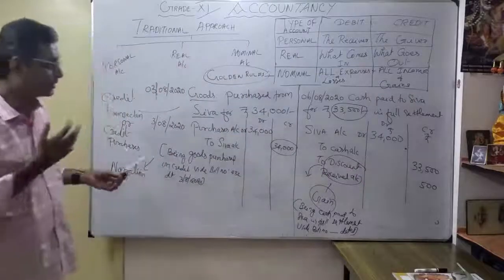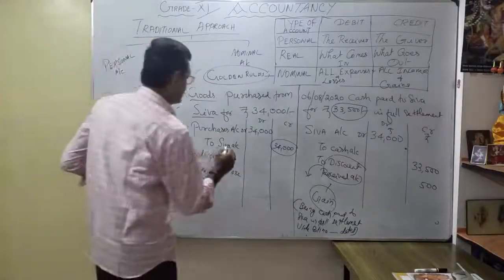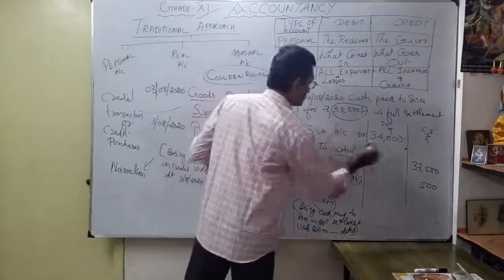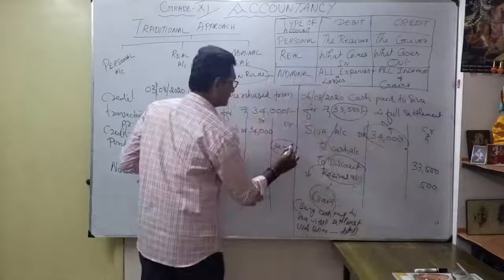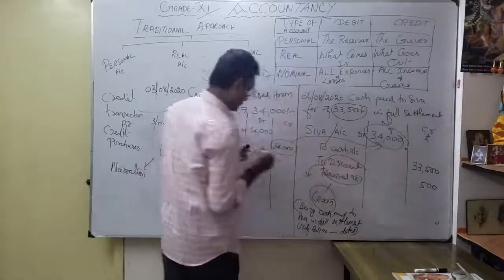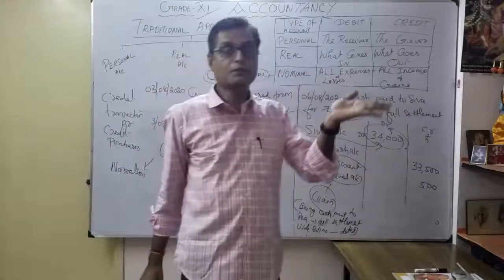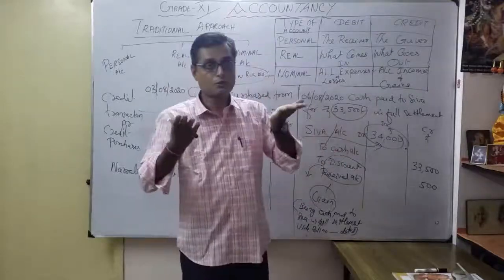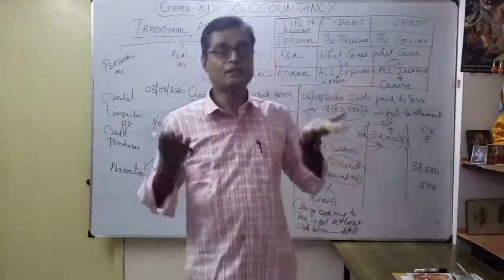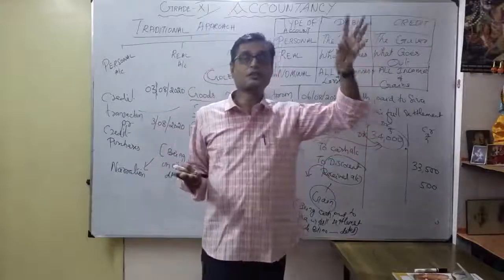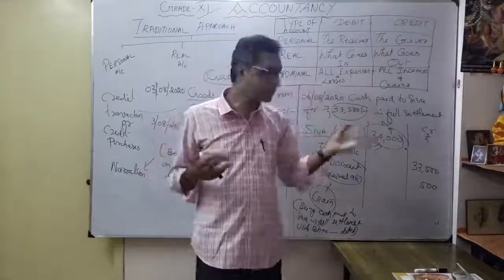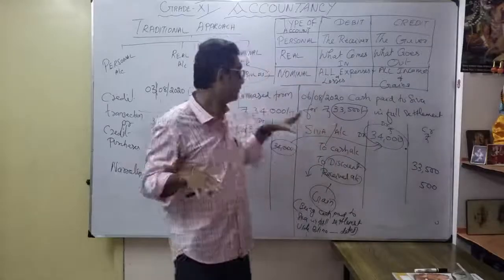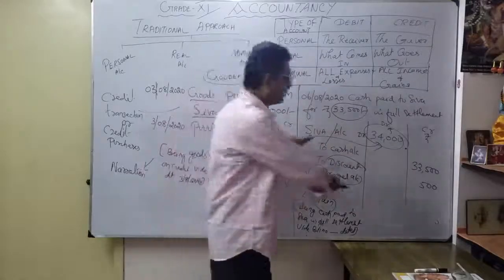Just to see comparatively. Naturally, as for Shiva, earlier I credited, now I debited. So 34,000 here also, 34,000 here also. When you are posting the ledger, Shiva's account will be closed. Otherwise, what will happen? We are paying only 39,500. Naturally, Shiva's account still shows 500 that we have to pay. So once you put discount received 500, the account is closed. The particular transaction of 34,000 is nullified.